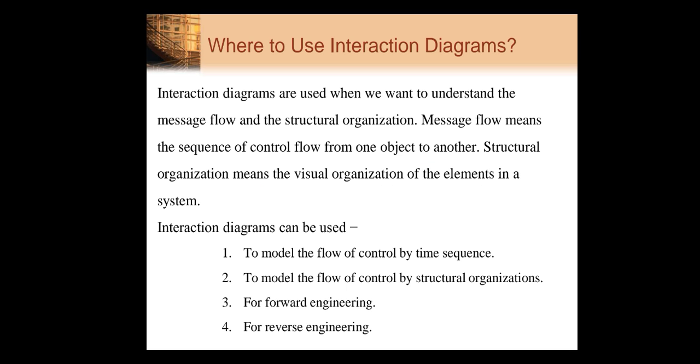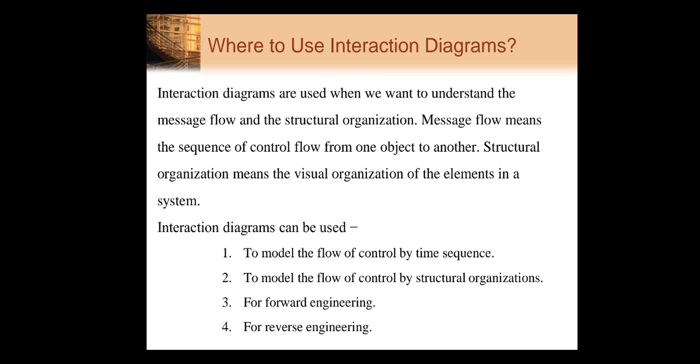Now, where to use this interaction diagram? Okay, the main question. Now we understood the interaction diagram which is used to represent the interaction between two objects. Then we have identified which are the things that need to be clear while drawing the interaction diagram. Then we understood the purpose of the interaction diagram, and then we have seen the different elements of the interaction diagram. Then the next question arises, where to use this interaction diagram?